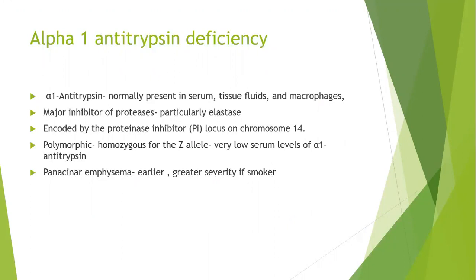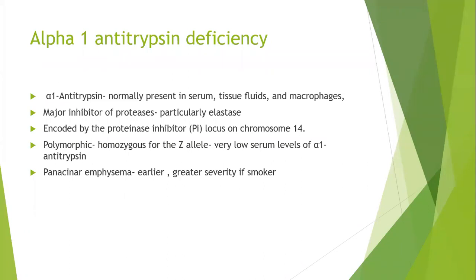In a normal individual with a normal level of alpha-1 antitrypsin, it works pretty well and protects your airspaces. But if a normal individual smokes, or is exposed to a lot of air pollution, the alpha-1 antitrypsin gets overwhelmed. So many proteases are being produced that the alpha-1 antitrypsin is not able to function enough, so your airspaces get destroyed. But there are certain individuals who have a polymorphism in alpha-1 antitrypsin.